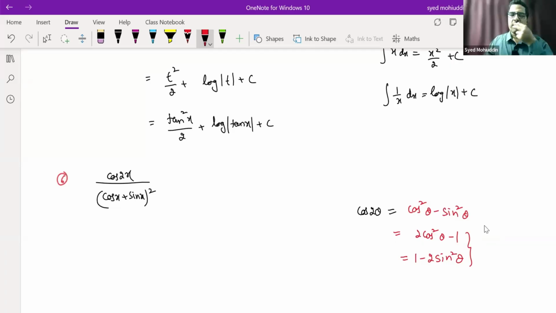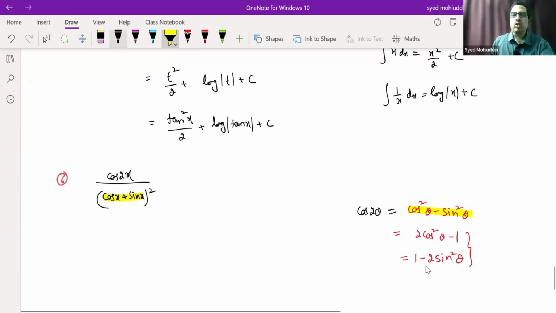Now the question is, should we continue with these same two formulas and proceed further, or do something different? For that, you have to observe the denominator. The denominator is in the form of cos x plus sin x. That means both cos and sin are there, so in the numerator also, you have to get both cos and sin. Both cos and sin are there only in this term. Therefore, I have to use this formula rather than the other two. The two formulas, even though we have used them in the other problems, here we cannot use because of the